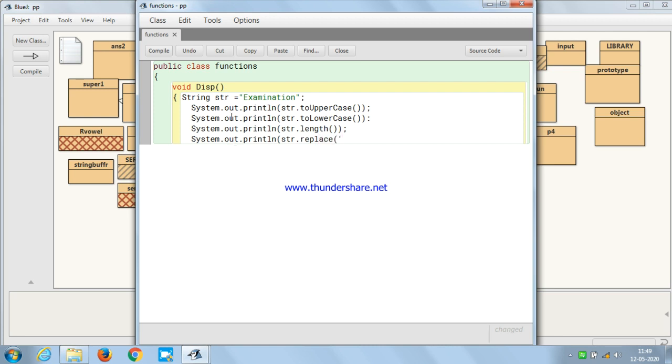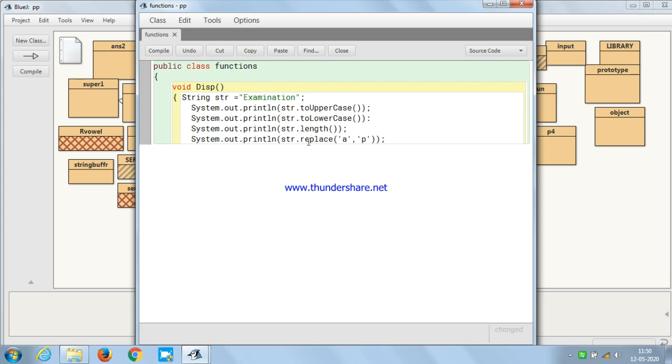I want to replace this A. So I will write A. A is a character, so I will be enclosing it with single quotes. A I am replacing with P. Is it clear? Replace accepts two arguments. The first argument will be replaced with the second one. That means wherever A is there, it will be replaced by P.